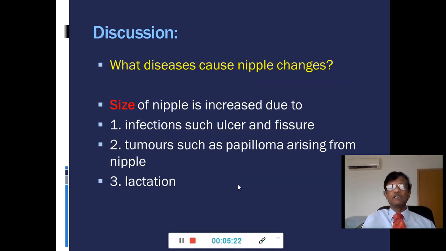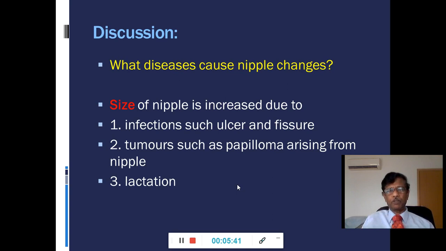What diseases cause nipple changes? Carcinoma breast and benign tumors. Okay, but we can divide them as per the change. The size of the nipple is increased due to infections, when